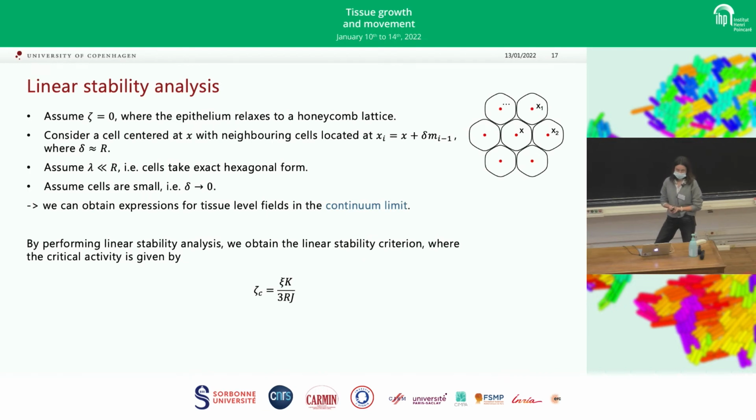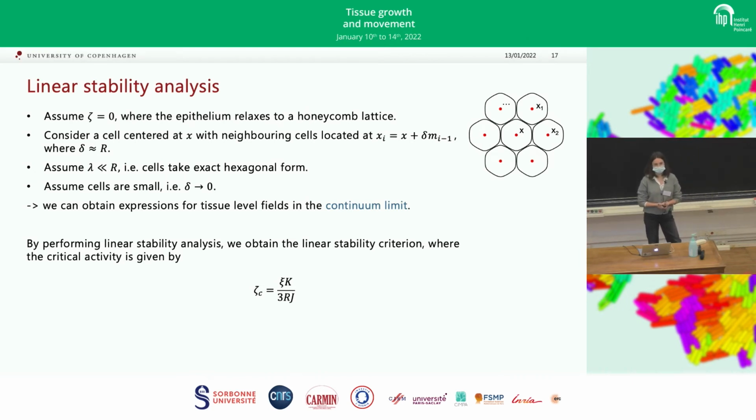So then we also did the linear stability analysis, so we made some very simplified assumptions to derive a continuum approximation of our phase field model. So we assume that the system is passive, so the cells take hexagonal shapes. We also assume that the width of the cell interface is very small compared to the cell size, and we were able to derive a critical activity, so a value after which we will start seeing